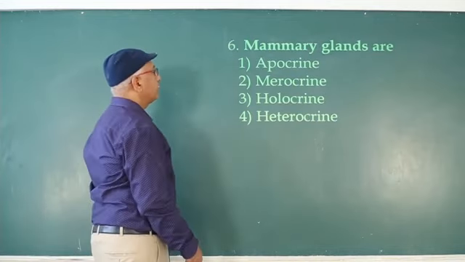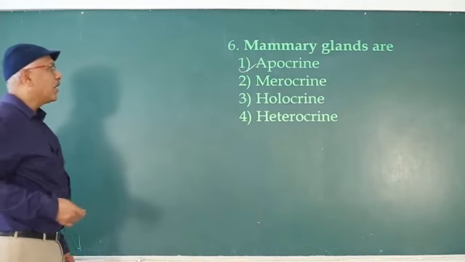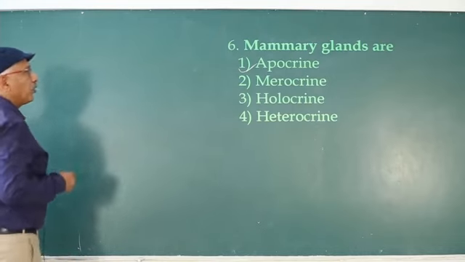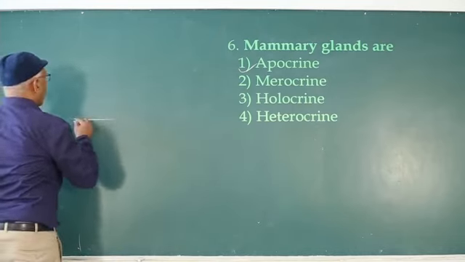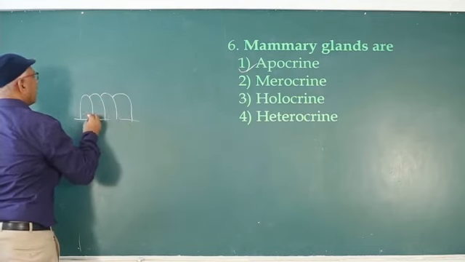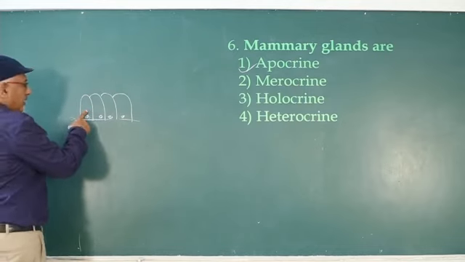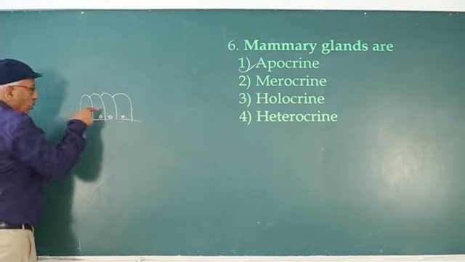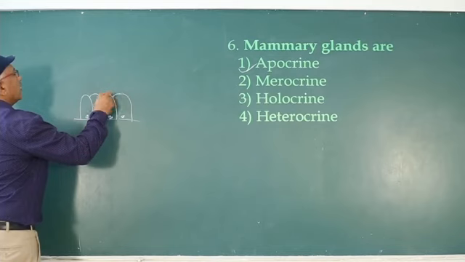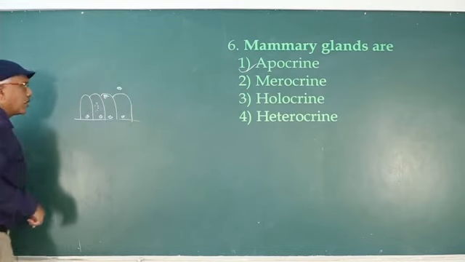Mammary glands are apocrine glands. Depending upon the release of secretion, glands are holocrine, merocrine, apocrine. What is merocrine? Same cell, different stages. Not 4 cells, only the same cell. This cell at the time has not started the production of secretion. Then the secretion reaches the terminal part. Finally, the secretion comes out of the cell.